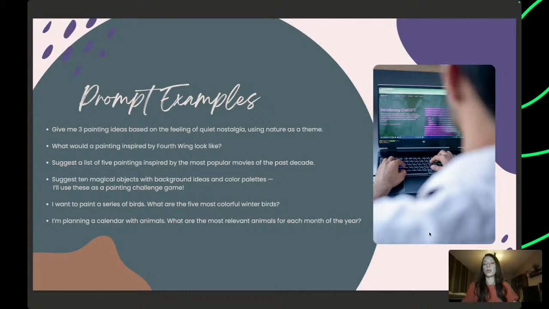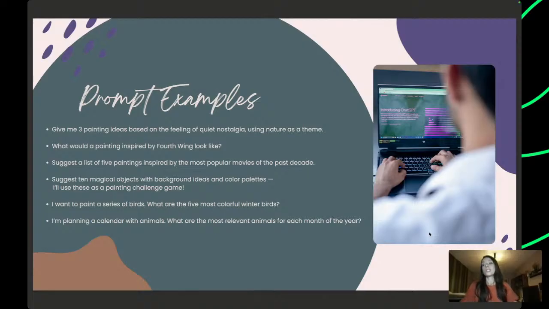You don't want to think what kind of palette would look good with this, what kind of background I should do. So this is kind of like this painting challenge that we do on Instagram sometimes. You just paint whatever it is that day. So this is really good for whenever you are in an art block.